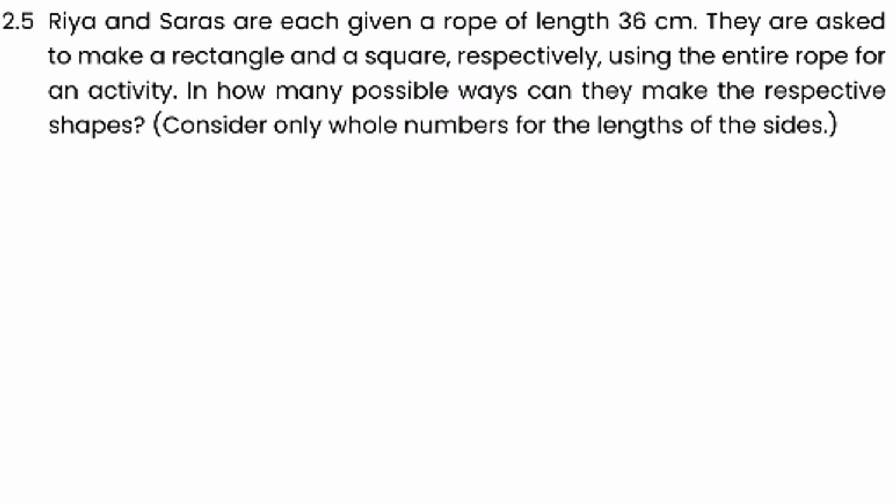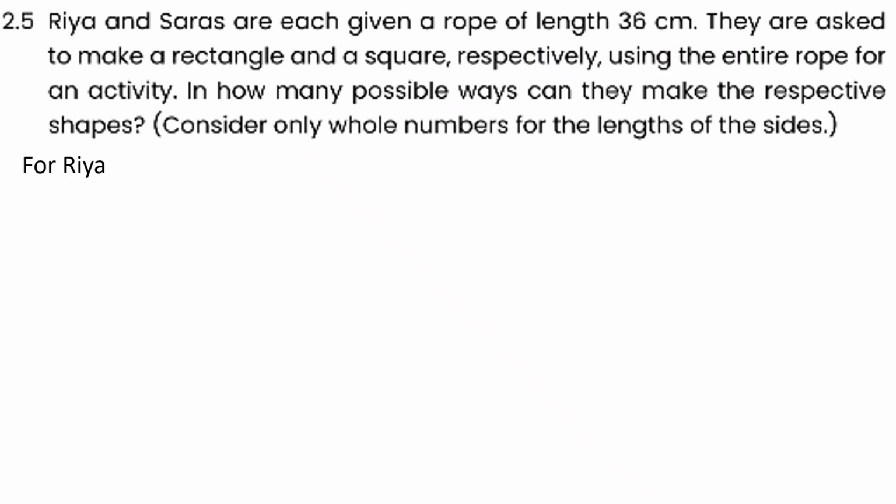Question 2.5. Ria and Saras are each given a rope. Here are two girls and both have a rope of 36 centimeter, and they are asked to make a rectangle and a square. One will make a rectangle from the given rope and another will make a square using the entire rope for an activity. In how many possible ways can they make the respective shapes? Okay,